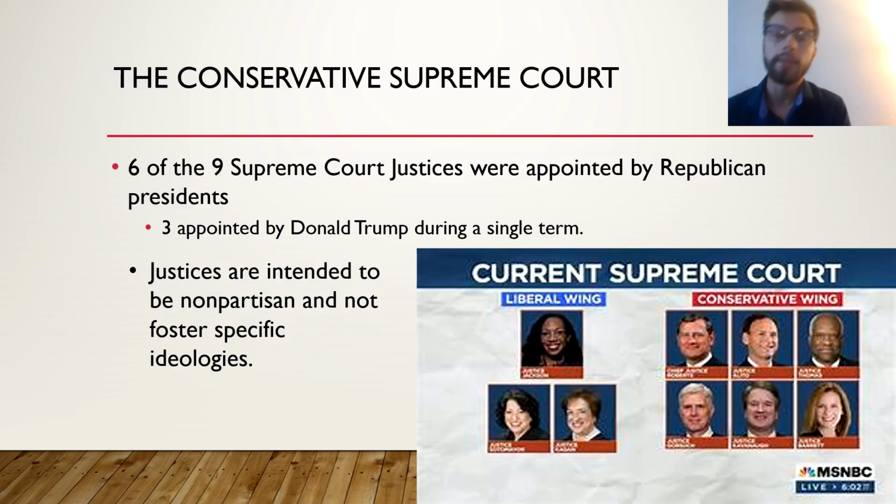So 6 of the 9, and I only include this slide because our textbook makes this a very important note, and it does so because it helps identify trends within our Supreme Court. In the 1970s, we had a liberal-leaning Supreme Court, which implemented a lot of rulings, which in 2021 and 22 specifically were overturned by our conservative-leaning Supreme Court, as we measure it based on roll call voting.